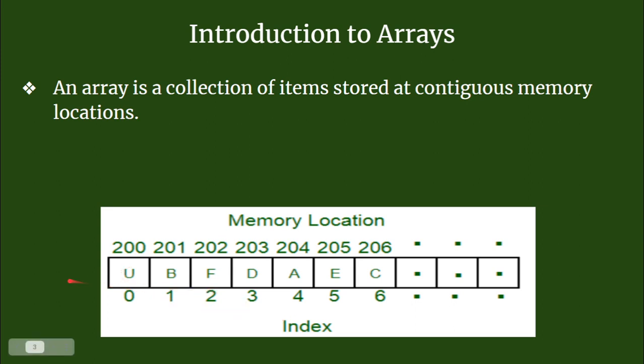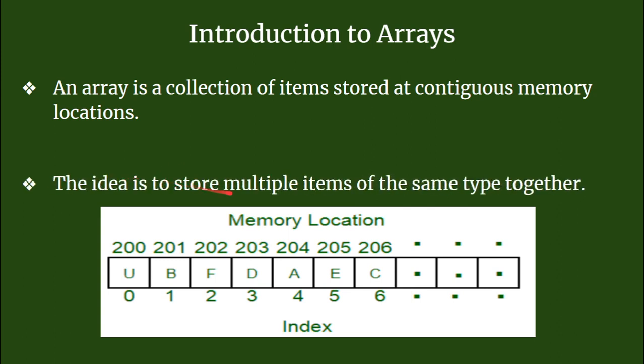Here the index, mathematically we say the elements of an array as a of 0, a of 1, a of 2, a of 3. In the same way, in the computer representation these elements are stored consecutively, and this is the index, that is the numbering of the position, and then this is the memory address. It is assumed that the memory location starts from 200 for this array, and it needs 1 byte each. So 201, 202, etc. The memory locations go like this. So this is the pictorial representation of this array.